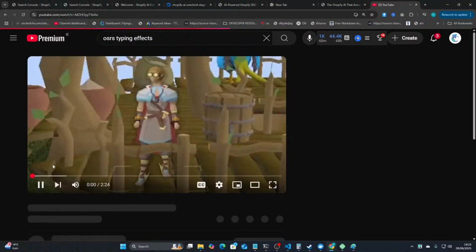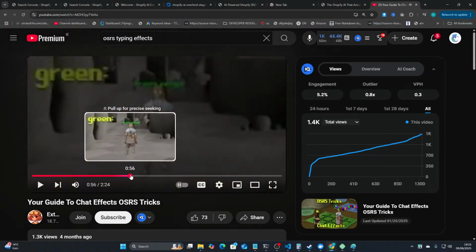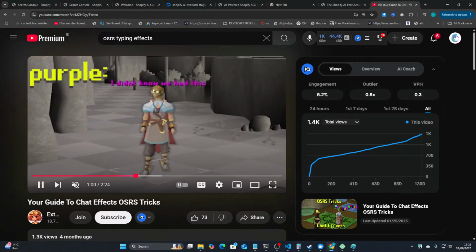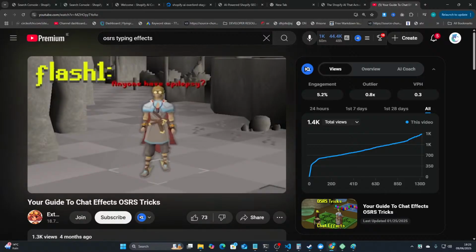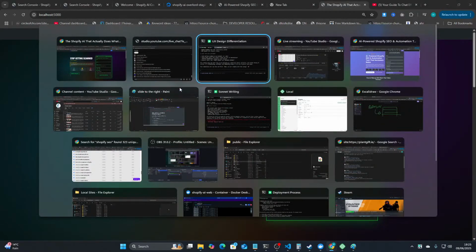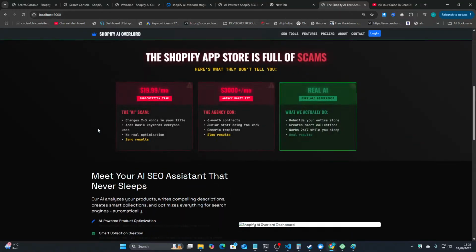Yeah, this thing. When you write on RuneScape and you can use certain effects. Yo, I can't believe how good it looks. I'm so blown away by how good it looks. It's actually insane. Bro,